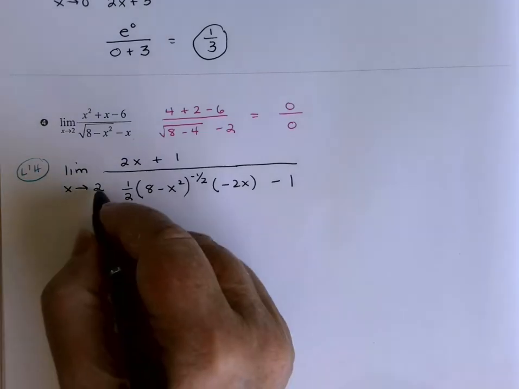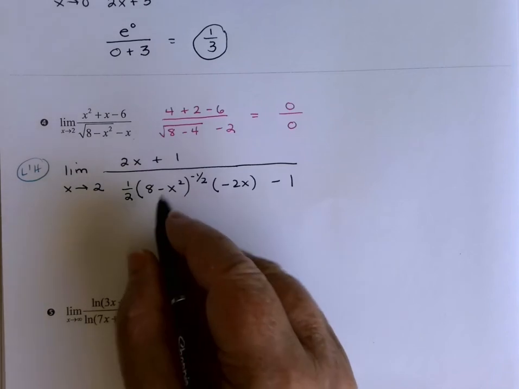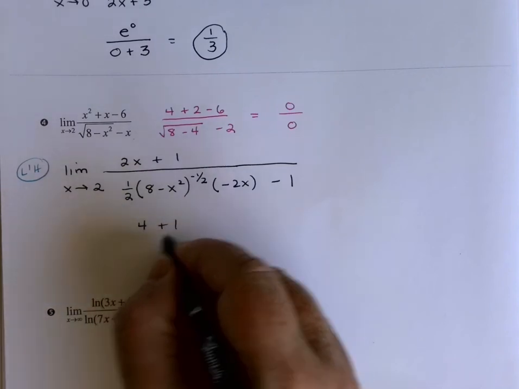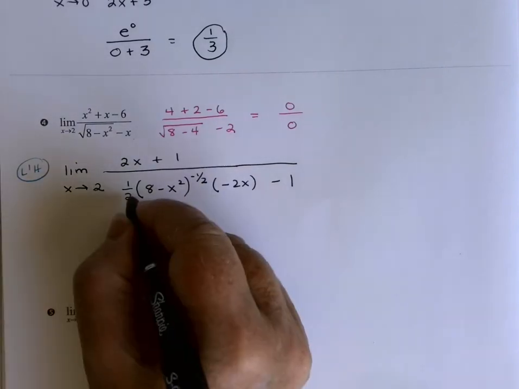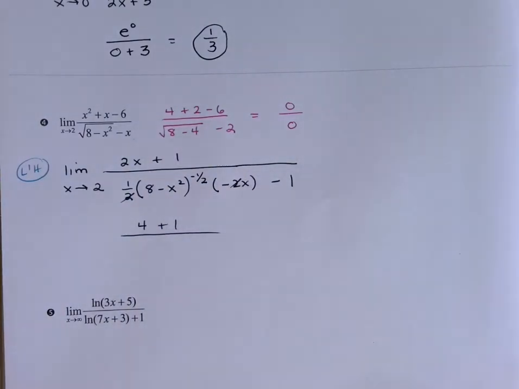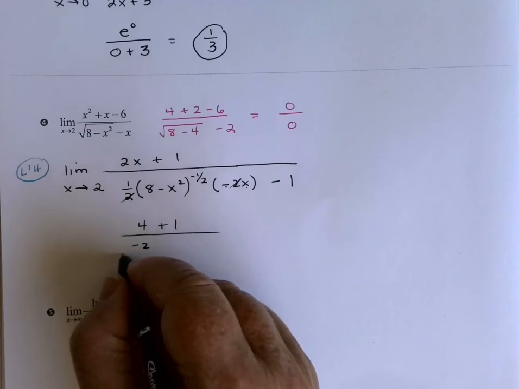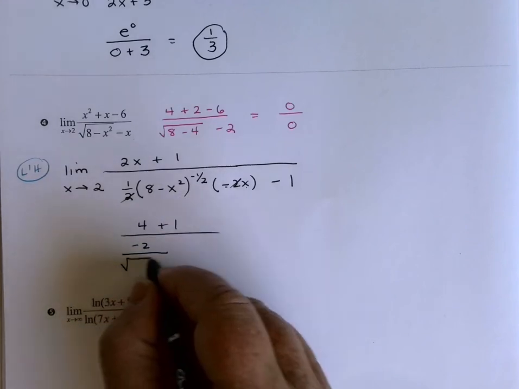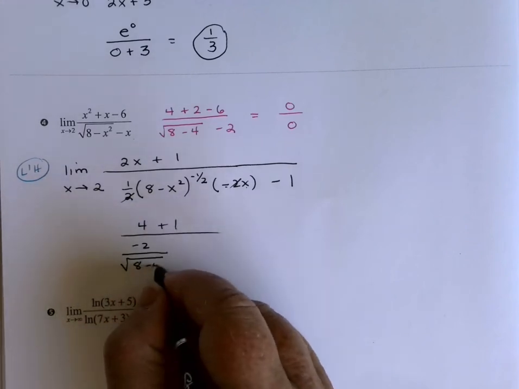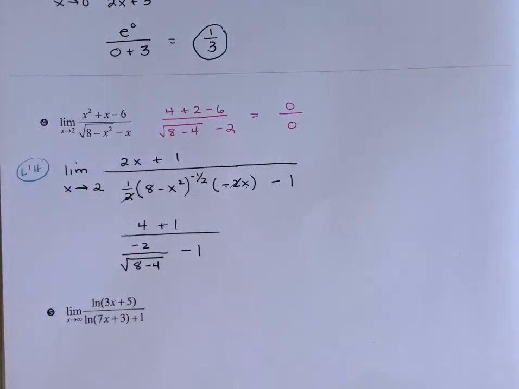If I go ahead and try and plug in my 2 now, the top would be 4 plus 1. And on the bottom, those 2's will cancel. So I actually would have a negative 2 over the square root of 8 minus 4 minus 1,